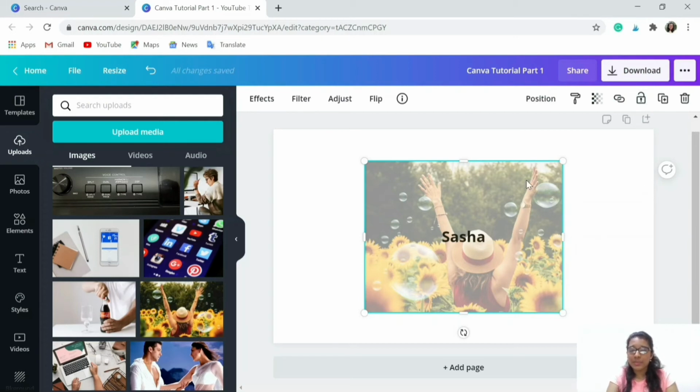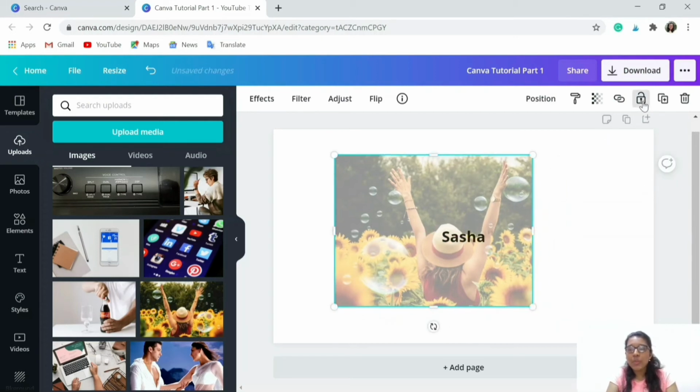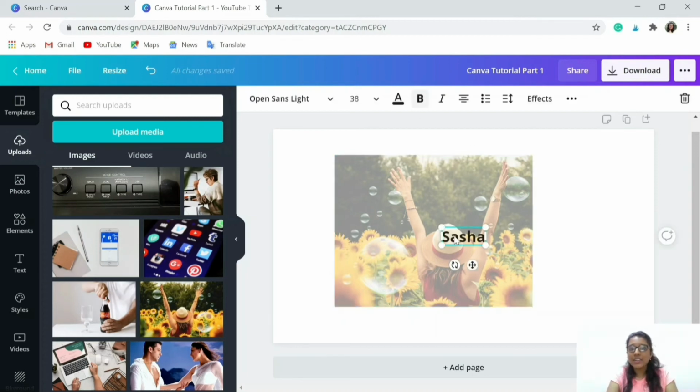Next is the lock button. The lock button is helpful when you have multiple elements in your design. So if I lock this picture, I'm not able to make any changes. So once I finalize on this element, I can lock it and I can work on my text, or I can work on some other picture, or I can work on the background.